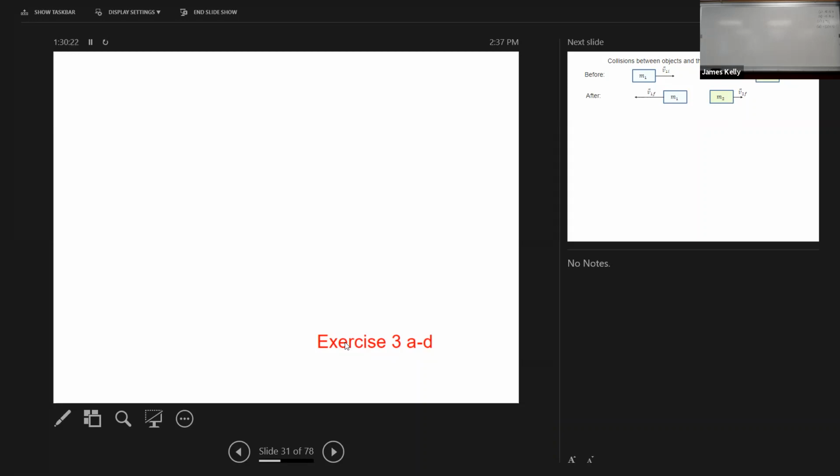So again, we have a 3 kilogram mass rising. Let's just draw a picture. It's always good, when you're doing this kind of stuff, to draw the before and after picture, just so you can label things. I've got a 1 kilogram mass falling and a 3 kilogram mass rising, and we're given those speeds here, 5 and 7. So this is going down at 5 meters per second. This one's rising up at 7 meters per second just before the collision. And just after the collision,